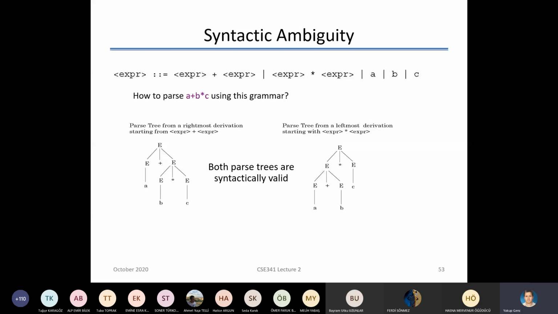Now, we have seen that if I have an expression of this form, or if I have a grammar that expresses this syntax in this form, I can already see that there are two possibilities to interpret this A plus B times C. When I have two parse trees, which are both syntactically valid, the way that I would implement this using the algorithm that we discussed briefly, doing a bottom-up evaluation, these two will generate two different values for me. Therefore,